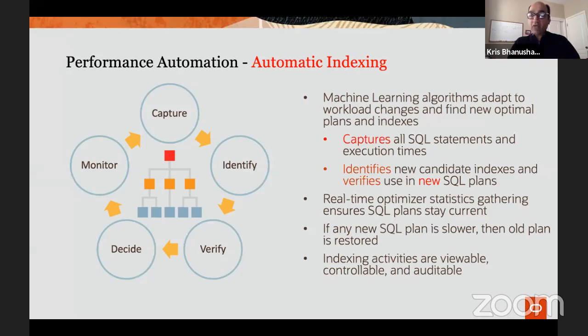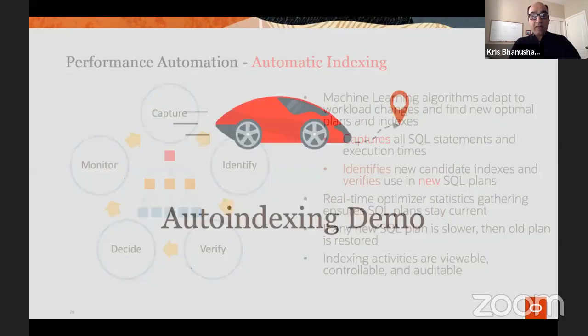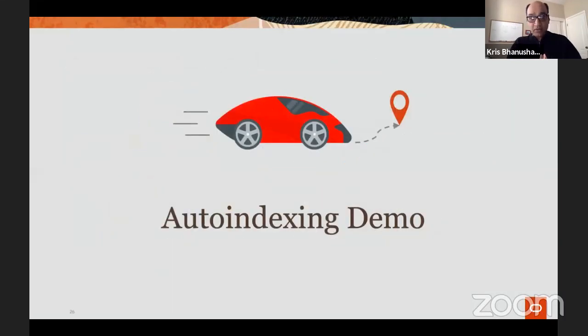It also can remove indexes that are not used for a period of time, right? So you can set the time period to say anything that's not been used for 6 months, for example, can be removed. And you have those knobs to tune how this works. But overall, it can take care of your entire index management. Now, I'm going to show that to you. So let's take a quick look at this demo.